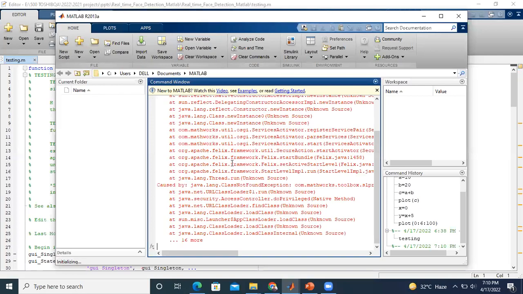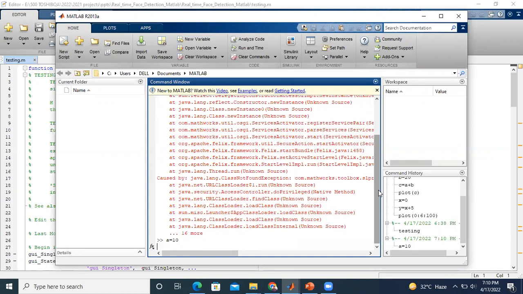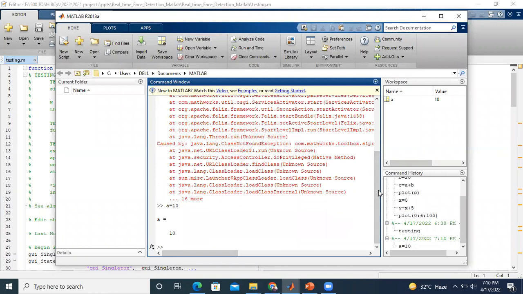Now, for example, I want to do some addition. I need to just declare a variable A equal to some number, 10. If I hit enter, that number will be stored in variable A. See the answer, it is showing 10. B equal to some value, 5. When I enter,